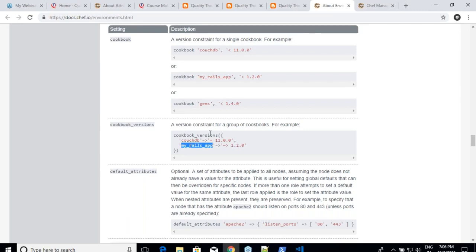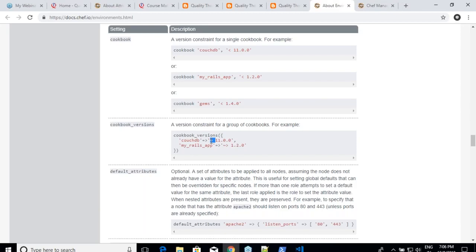The one which you see over here is equals. Here you are trying to tell that I will use only 11.0. I will not take 11.0.1, nor will I take 10.something. I am looking out for specific versions. So in cookbooks, what is it that we end up writing? We end up writing restrictions. And you put restrictions by using the cookbook statement or a cookbook_versions statement.